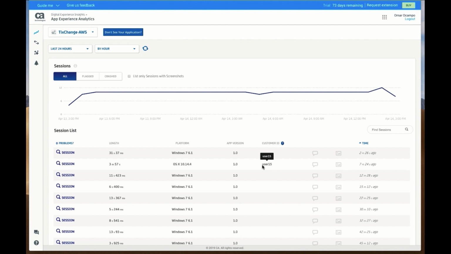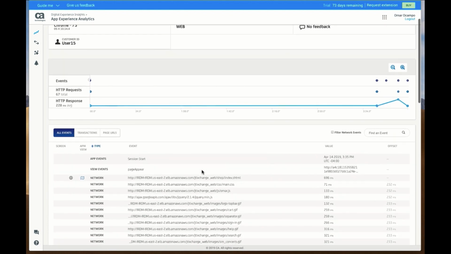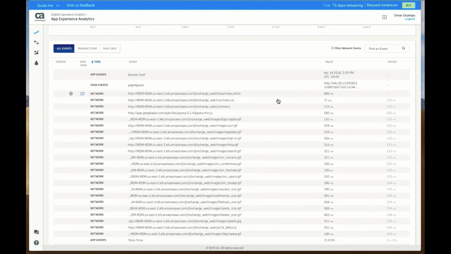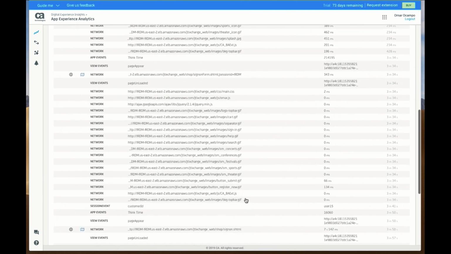I'm going to go ahead and select that session so I can start looking at all the details of what happened in that particular session. So if I dive into that session, I see all the events that took place. All the various URLs that were hit and all the resources that were loaded, and so on and so forth. Very, very complete